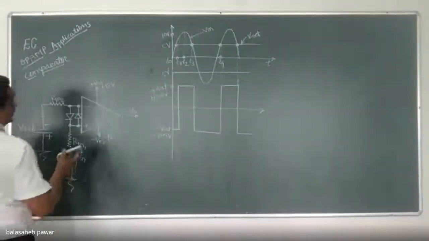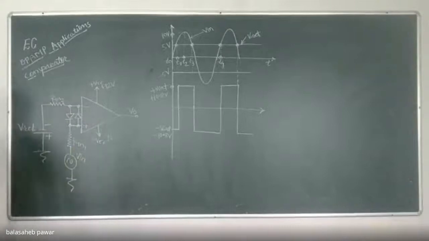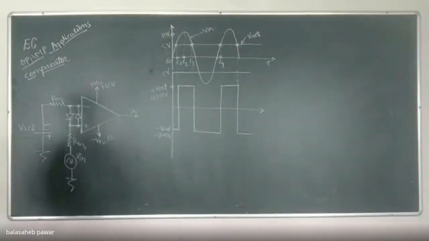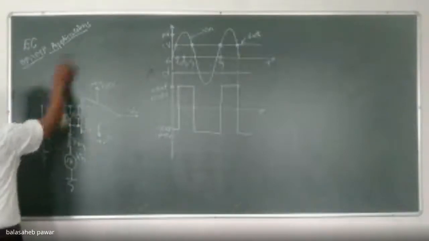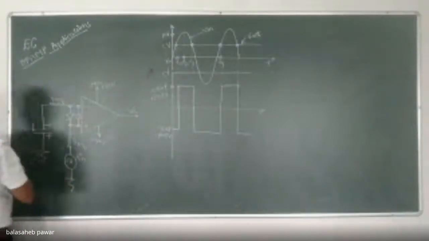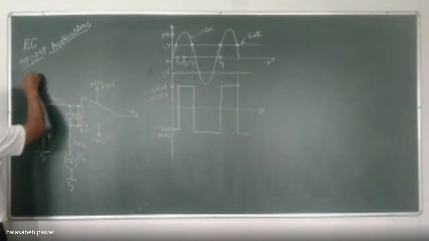Now we'll switch to the next application of comparator itself as a zero crossing detector. In short, it is known as ZCD. So I will show here that